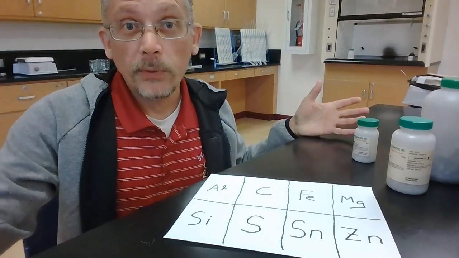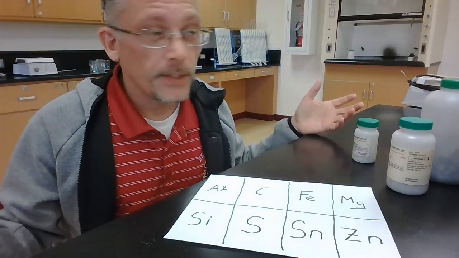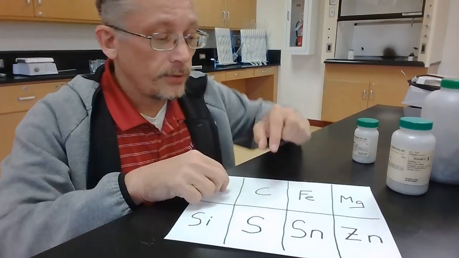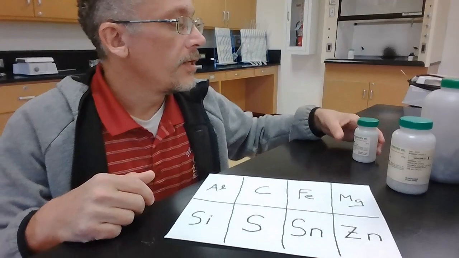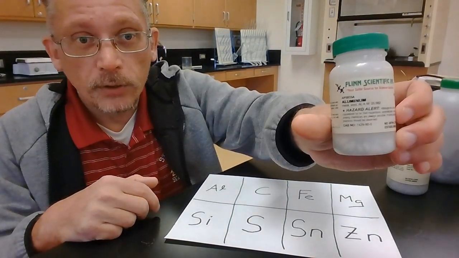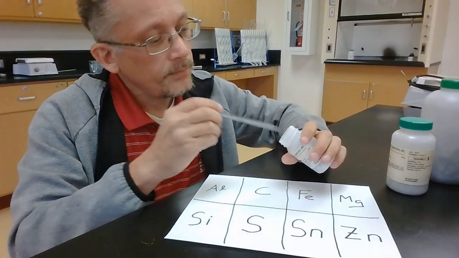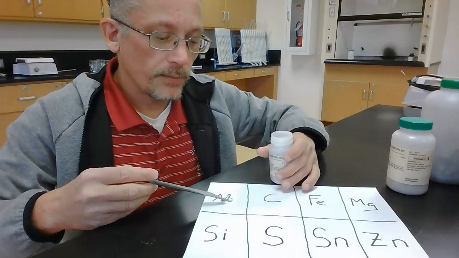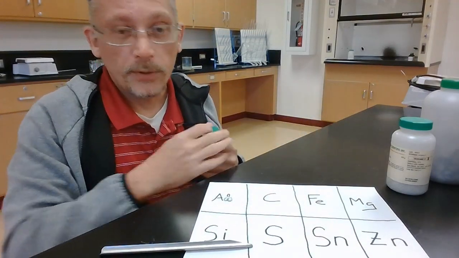Alright, so the first thing we want to do is obtain a sample of each one of these 8 different elements and put them on our paper. The directions say to put a little sample on the square for each different element. So the first one I have here is some aluminum, and I've got myself a spatula, and we're going to need 2 pieces of aluminum. So I'm going to take just 2 pieces of aluminum and put them right there on the